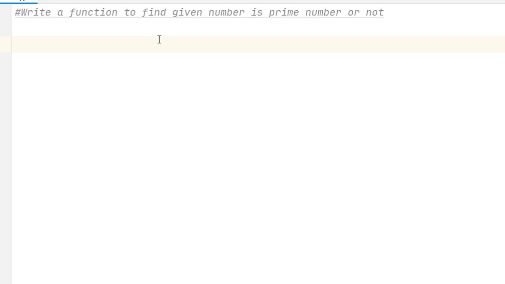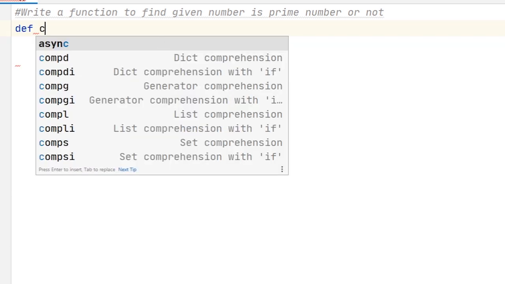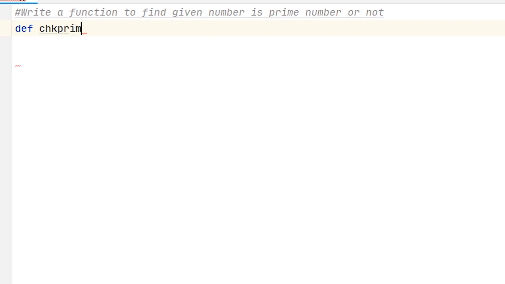Now let's take one more question: write a function to find whether the given number is a prime number or not. For that I create a user defined function, and my function name is check prime. So I write def check prime and pass one argument to this function, to check whether the given number is prime or not. For that I write some statements. First I create a flag, and the initial value of flag is 0.